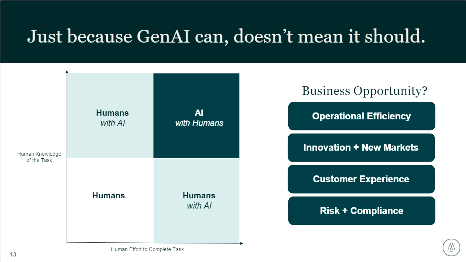not ideal for AI. But to put this into practice with an example, I want you to imagine someone with limited coding experience, right? And they're going to go to AI to generate their code. This is where human effort is high, because as someone who doesn't really know coding, it's going to take me a long time, for example, to write this code. So my effort is really up there, but my knowledge is low. And so it's going to be really hard for me to go through and validate it.